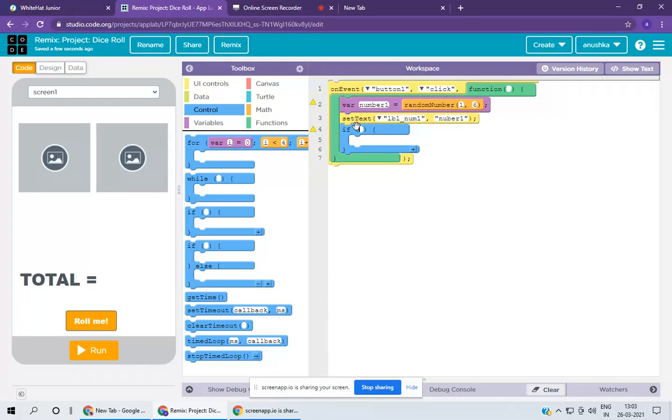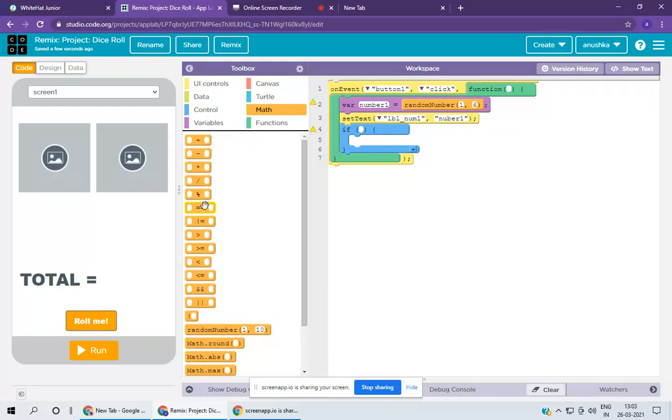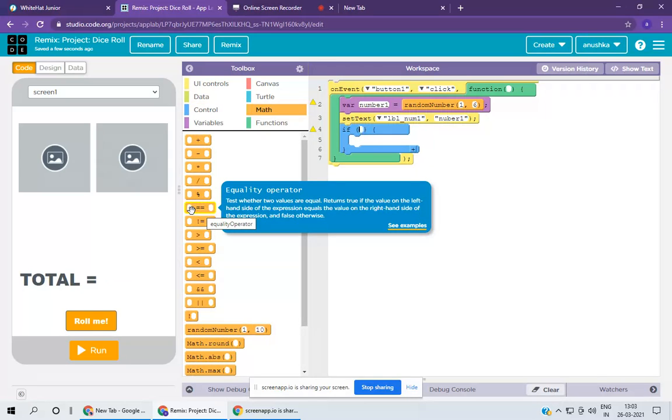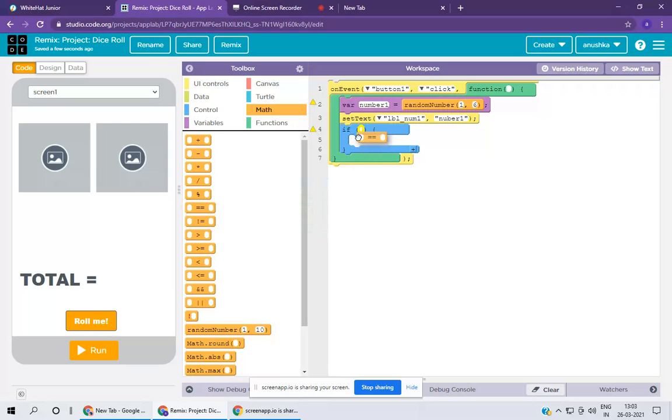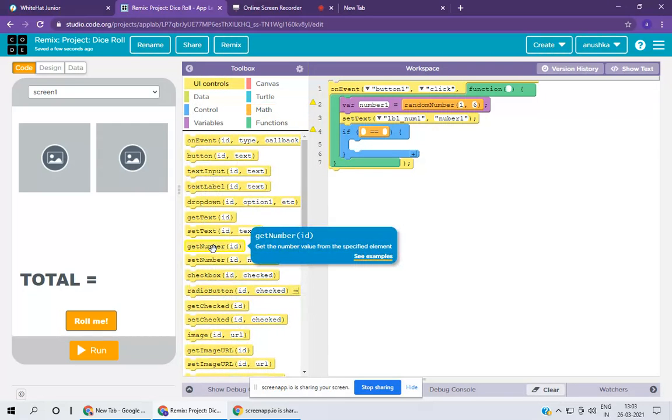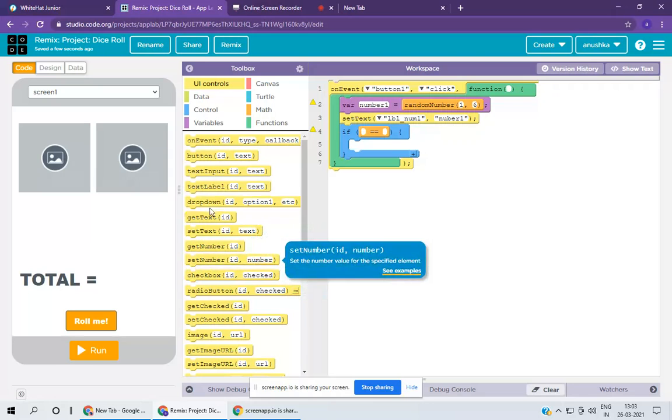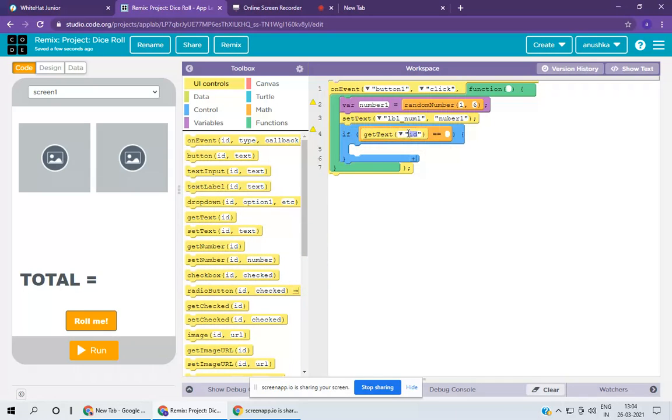Take if, and here take the equal operator. Then take get text, with id equal to label number 1, and here it should be 1.